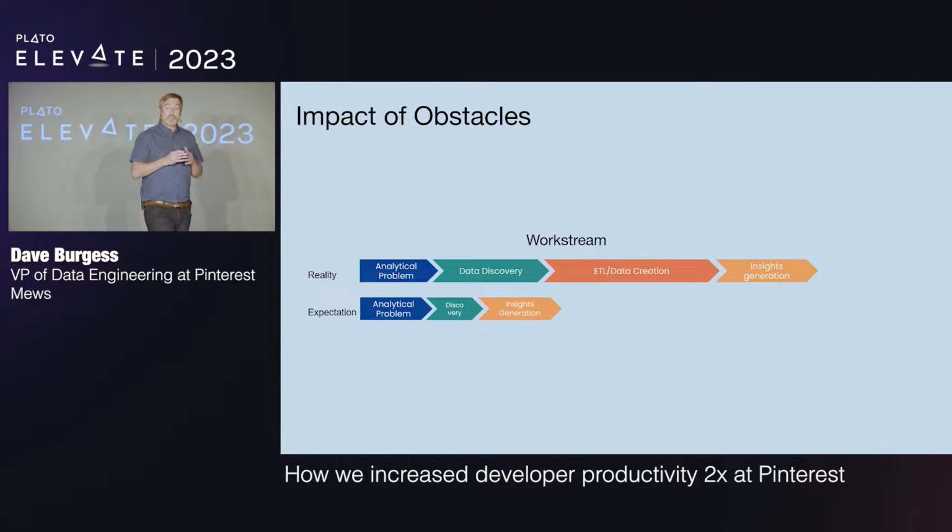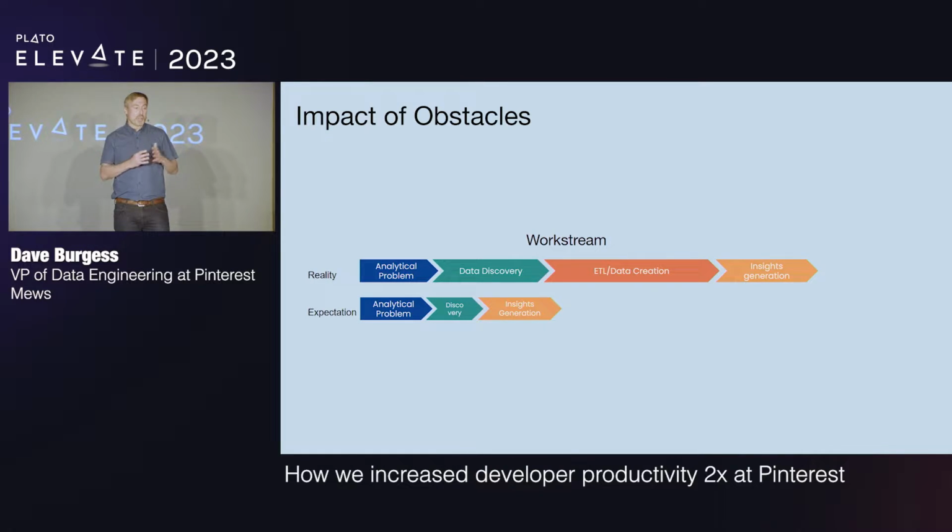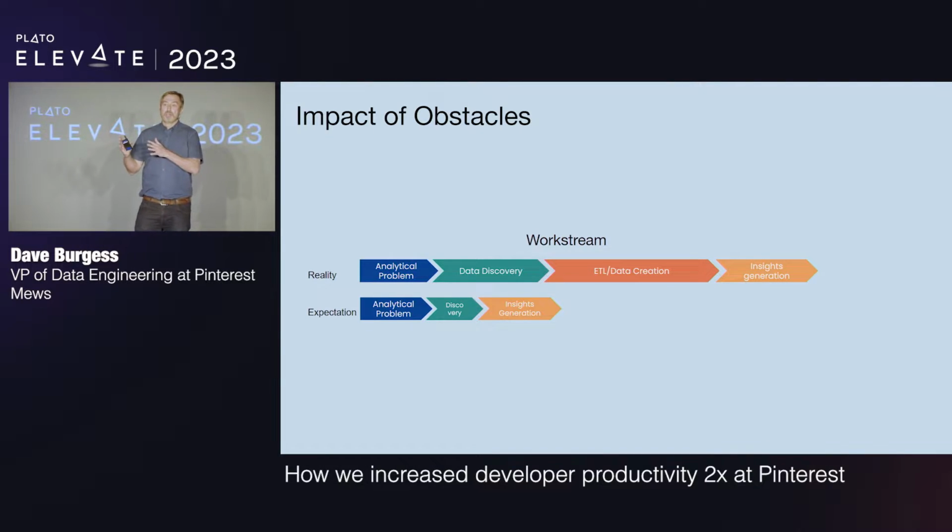Okay, so when we talk to the developers and the analysts and the data scientists, machine learning engineers, we ask them how do they spend their time. We actually measured how much time is spent in each phase of solving a problem. First of all, it's actually trying to understand the problem. You can't really reduce the time for that. Then people spent a huge amount of time figuring out which data set to use, trying to massage the data into the right form so that it could actually be used, and then figuring out the insights into the data. And we found that we spent about